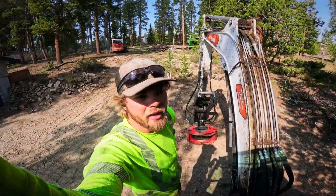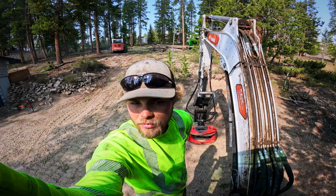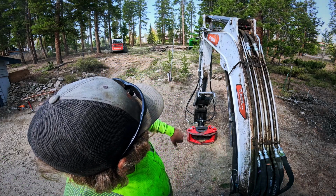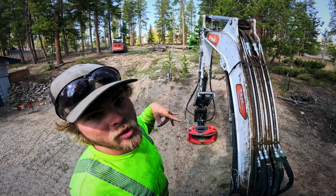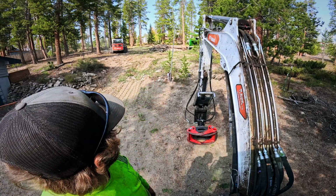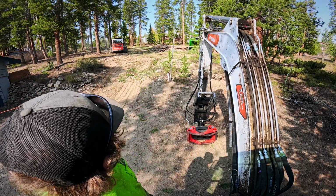Alrighty folks, well it is about 1 o'clock in the afternoon. We are pretty much done at this point. All we gotta do is a little bit of cleanup. That area right there, I got some more stuff to throw into the chipper. And I'm gonna do a little bit of raking, rake some of the thicker stuff out to where the feet can get at it. Clean this area up with the lighter tooth rake, put the rocks back,